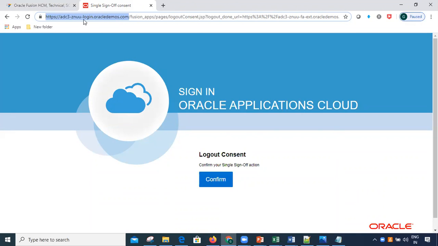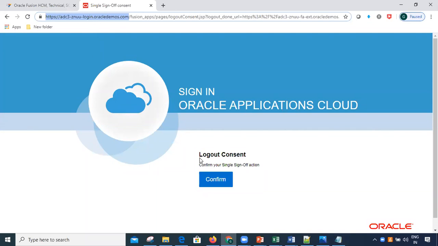So we will call this a URL or we can call this an environment. Okay. Or the third name is instance and the fourth name for this will be POD, platform on demand. Okay. As it is a cloud-based application, we can call it platform on demand. So this URL will be called either instance, environment, POD, platform on demand, or you can call it by a generic term like URL as well.